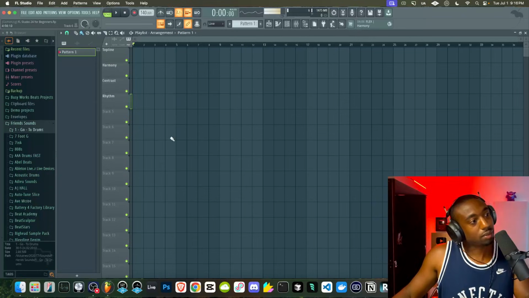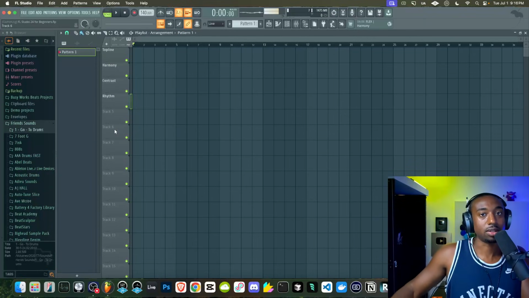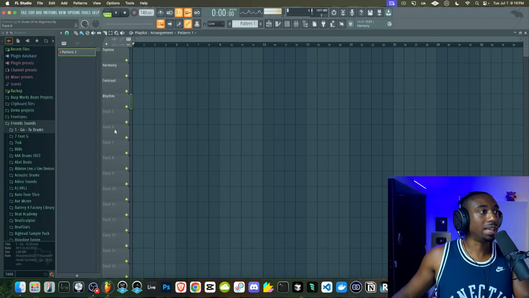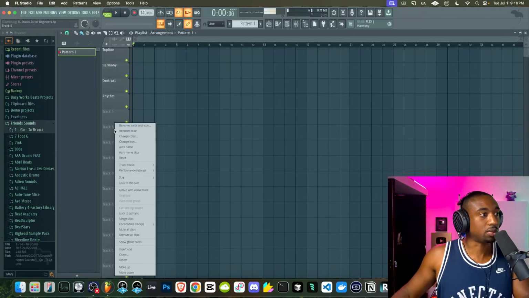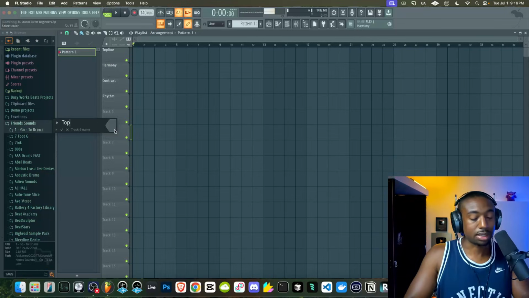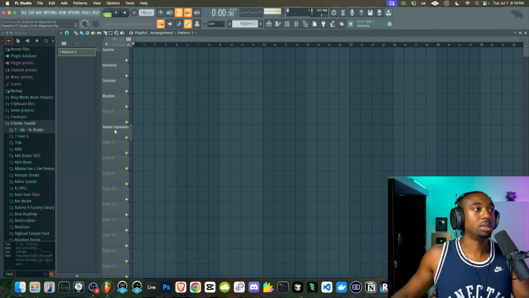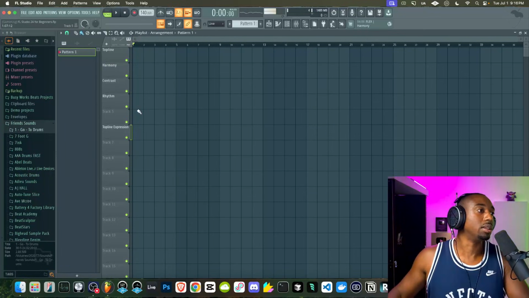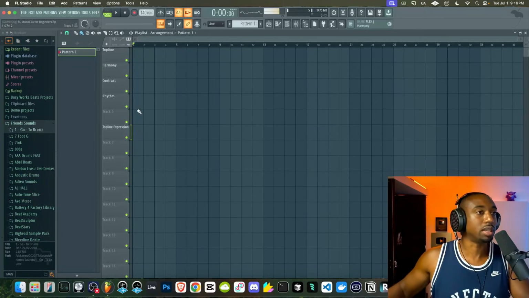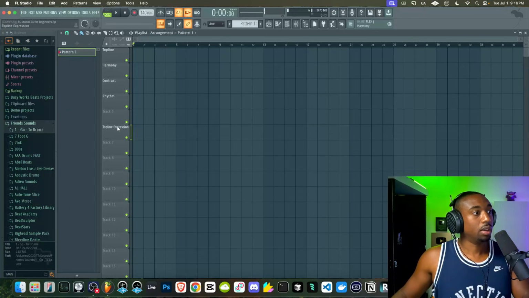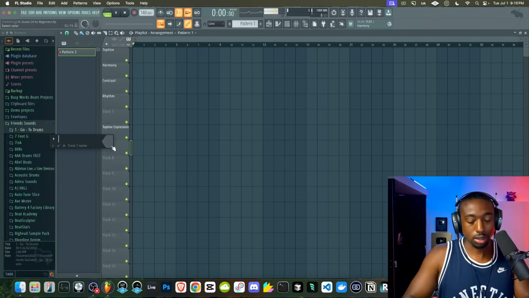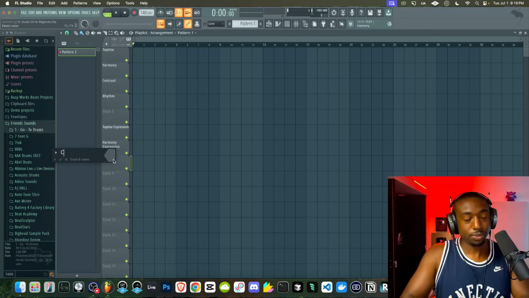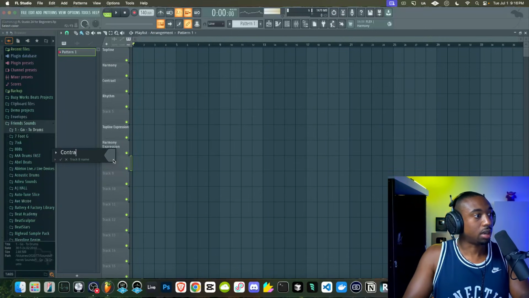Now, I'm going to give you guys the whole formula since you dedicated yourself to the series, so we might as well give you the formula here. You can layer each one of those 4 components. So let's right click and rename this top line expression. Now, some people may be asking, why not just get straight to sound selection and all this? But if you don't comprehend the 4 components of your song, you're never going to understand the purpose of a sound. Okay, so top line expression, we're going to right click here, call this harmony expression, and I'll show you guys how to do all this stuff. On the 3rd one, let's type contrast expression.